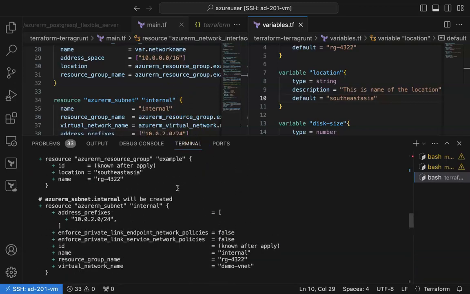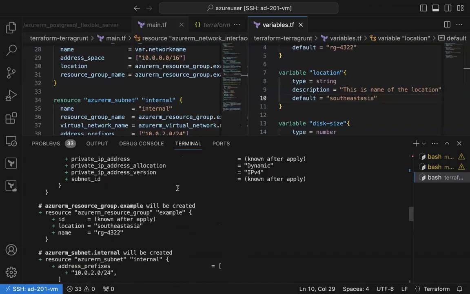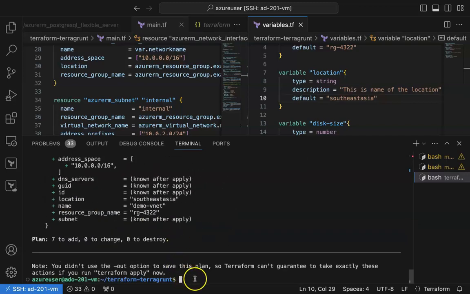For example, I will just double check. If you go on top of this, see, Azure resource group is the one. See, these two things are being passed. That's exactly what I wanted to verify. Now, if you go there and attempt terraform apply, the same thing will be provisioned. So that's a common thing. So in this way, you can use